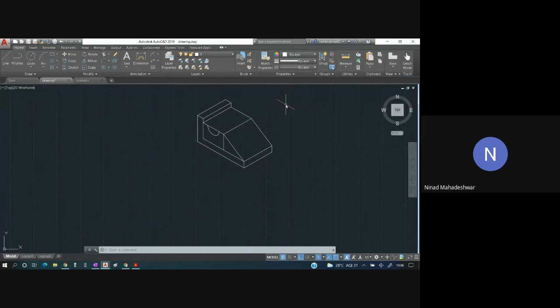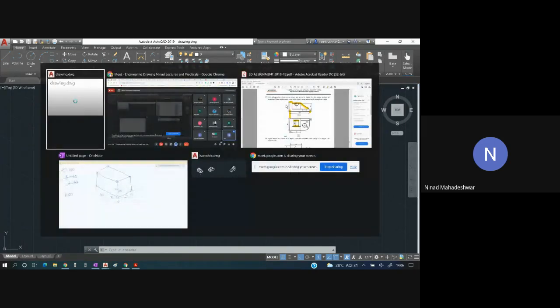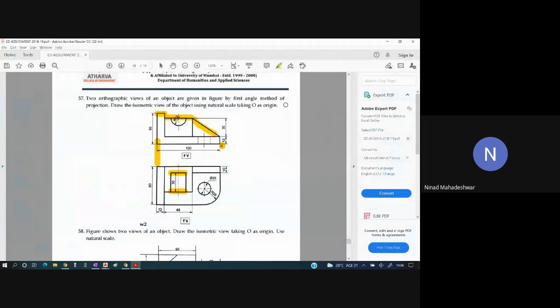Once this is done, we take reference of the top view. Now understand this part carefully. If I look at the top view, this entire rectangular section actually starts from some mm inside. How many mm inside does this section in the front view start? 20 mm. This entire part is 60, this is 10, this is 30. So remaining over here is 20.